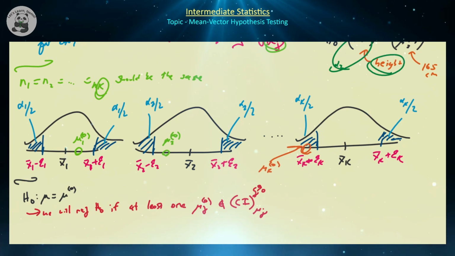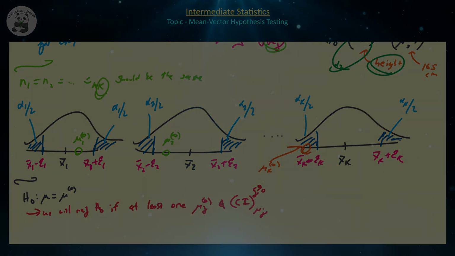that means the element of that vector doesn't match the claimed value of that vector, or they're significantly different from each other. Two vectors can only be equal if and only if every single one of their elements are equal to each other, which means the claimed values of our mu j's must be approximately equal to every single one of our x bar j's, and if we see that at least one of them is very far, that means the vectors themselves are also very far